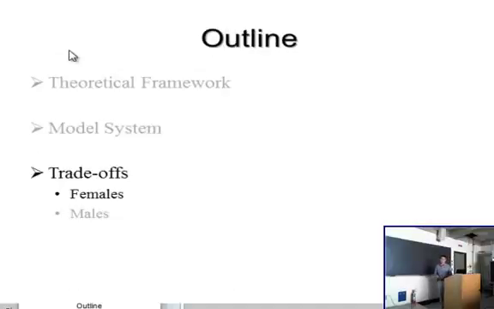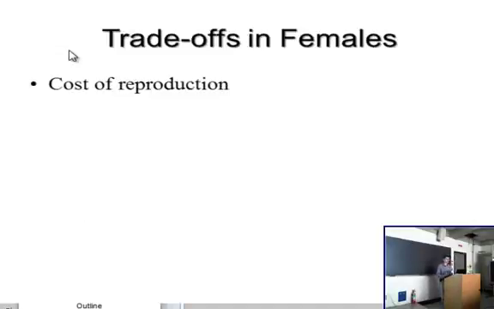So to begin the actual results section, I will talk about these life history trade-offs in the female Tephritids. In female insects, there's a cost of reproduction. As I outlined before, that cost is a reduction in lifespan. This has been linked not only to copulation, where the insertion of the male genitalia can damage the fly and then reduce the survival probability, but also to the production of eggs, where each egg consists of some sort of energy budget that detracts from the survival, thereby reducing the overall survival.